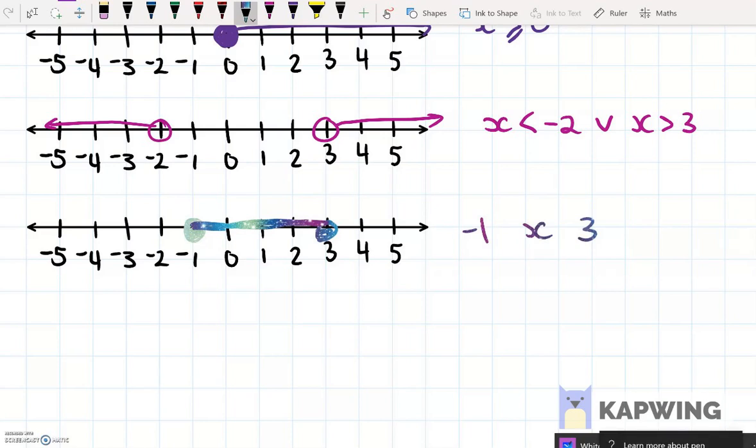Then you just need to think about what the arrows are going to do. Now, -1 is smaller than x, okay? x is not smaller than -1. So -1 is smaller than x, and x is smaller than 3. And in this case, we have colored the circles in, so we always also get the less than or equal to sign here. Okay? And that's really as hard as this is going to